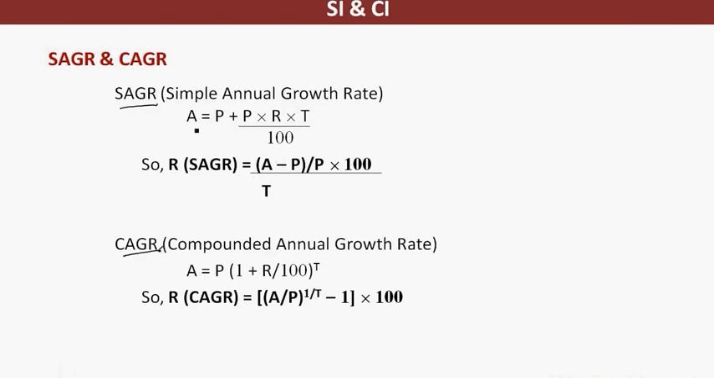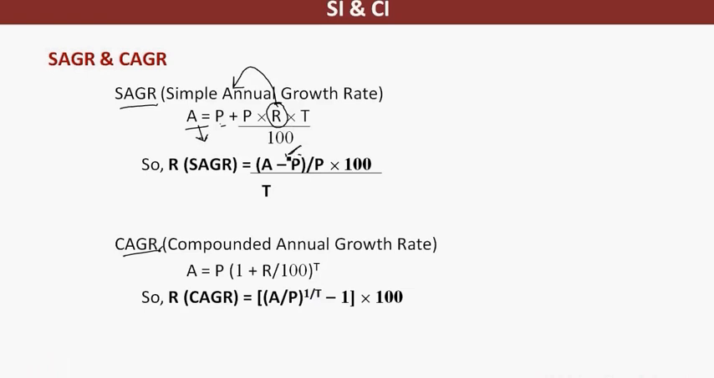and compounded annual growth rate. Very important from a data interpretation point of view, because you get a lot of questions on it. SAGR and CAGR are simple applications of simple interest rate and compound interest rate. So if you remember simple interest, amount is P plus P into R into T over 100. Here, the amount will be taken as the final value, and P will be taken as principal. If I calculate this rate